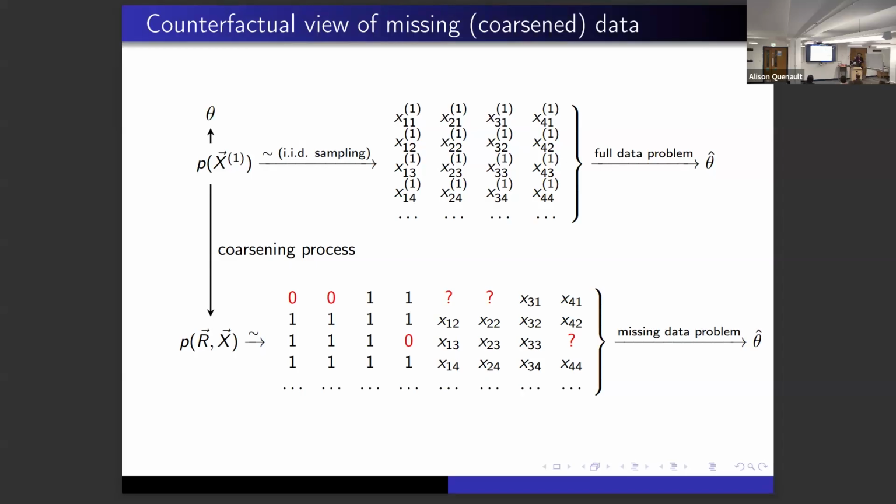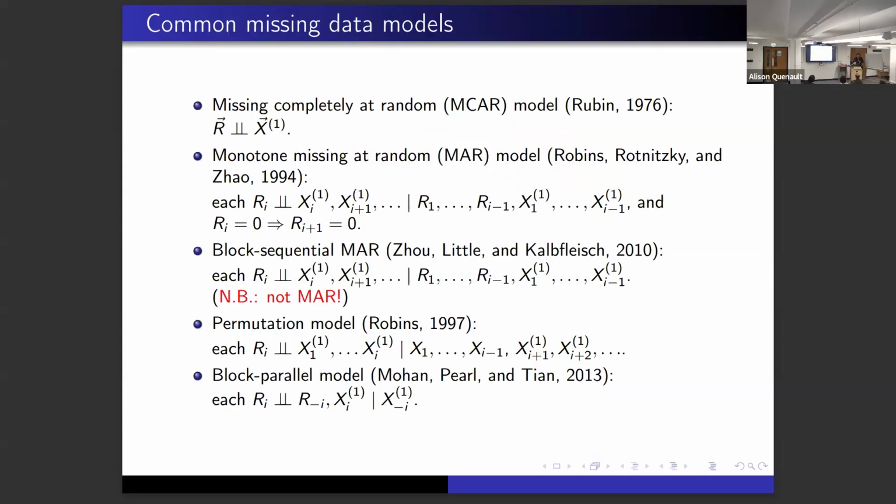So what makes missing data, at least according to Don Rubin and company and everybody after all of that, is that you're interested in the full data before the gremlin got to it. And you're interested in some parameter there, and you kind of want to solve back for that. And that's where all the complications lie. Okay. So there are some common missing data models.